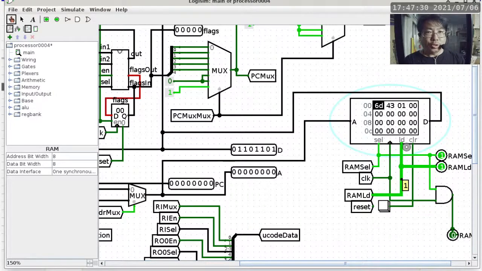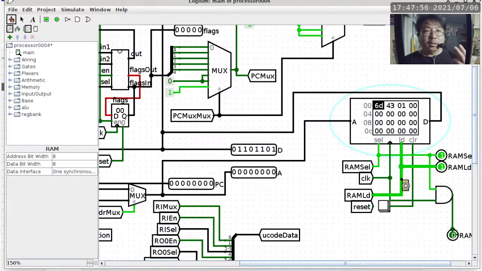If the LD, which is load, if the LD port is a 1, that means we are reading from a location in RAM. If it is a 0, that means we are writing or changing a location in RAM. This is light green, it is a 1, so that means we are reading the content of a location in RAM. So once we know RAM is involved in this operation and we are reading from RAM, the next two